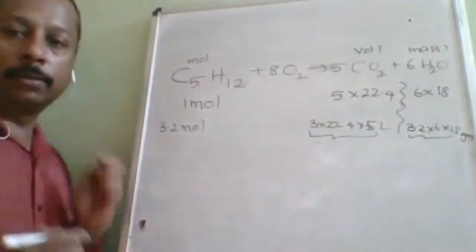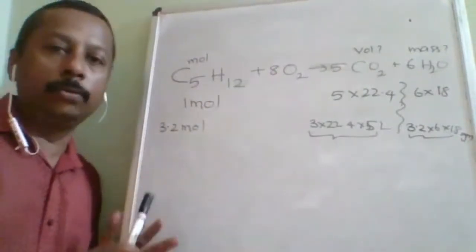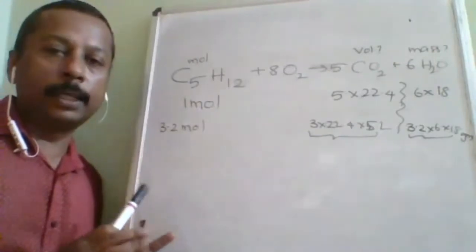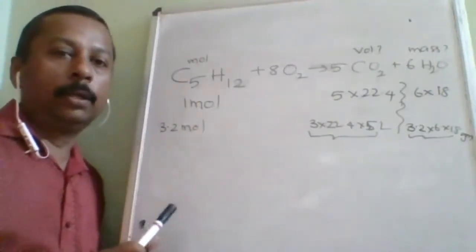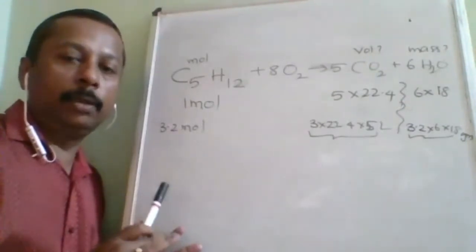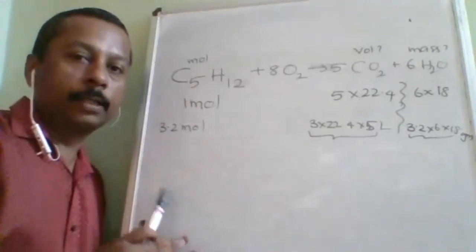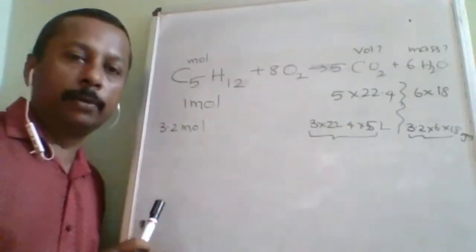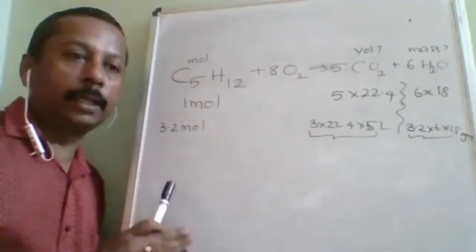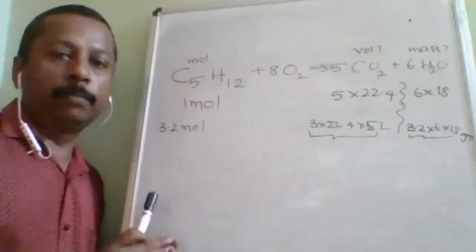Is it understood now? So this is how you will use the framework given by me. With this you can save a lot of time. Understood? If you miss out that main formula, then it is going to be havoc, and you will not be able to solve stoichiometry. Stoichiometry is going to be a mystery for you. So attending the class from the beginning and following every class is very important.